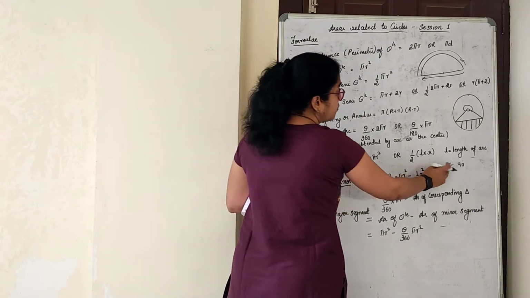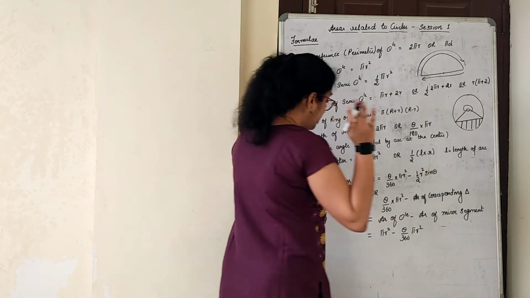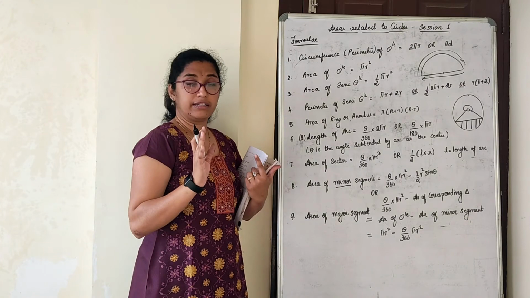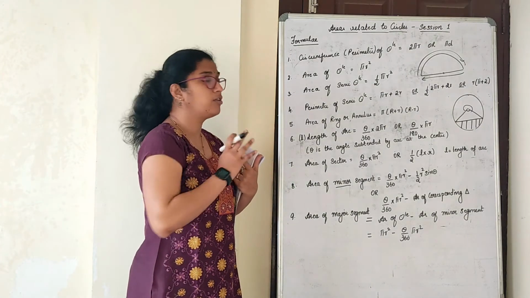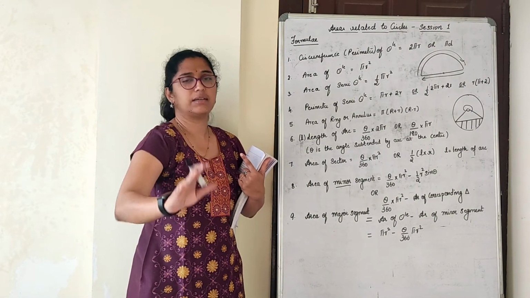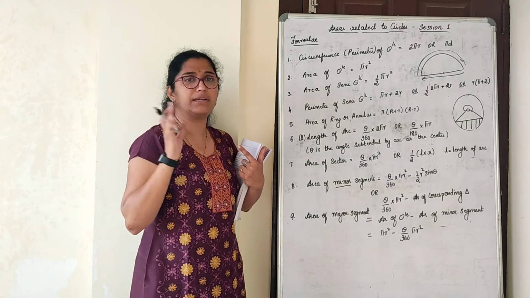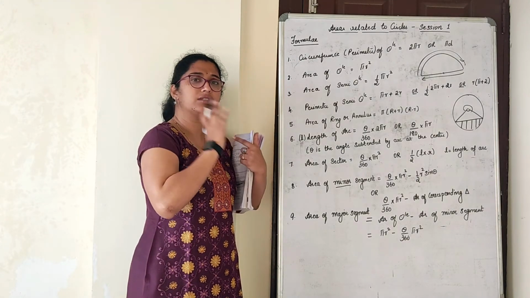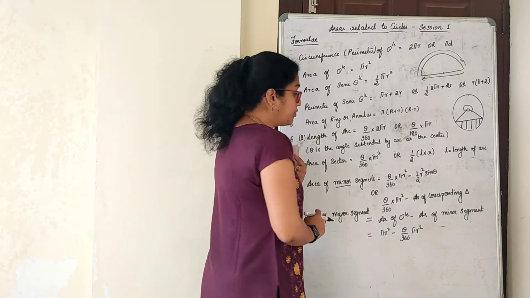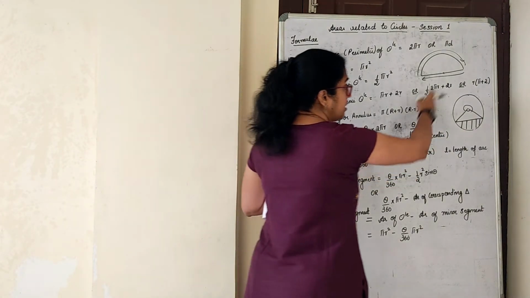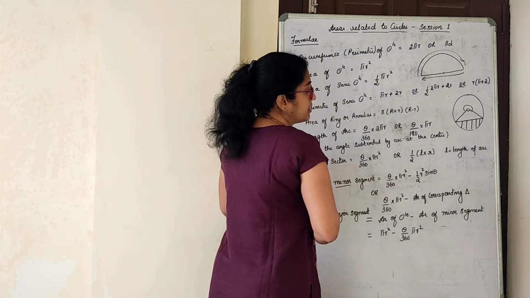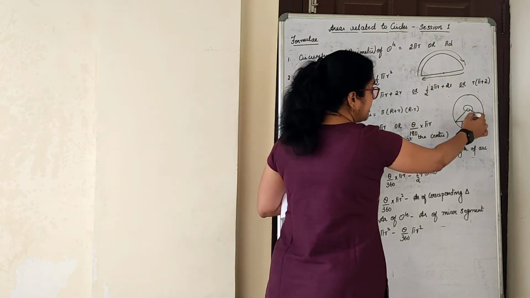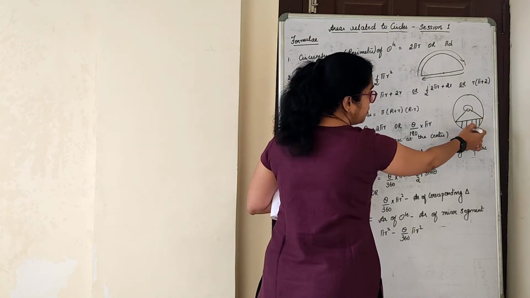What if I do not want to use trigonometric ratios? I don't want trigonometric ratios to be introduced, because I don't understand trigonometry. Some children will say, no, I don't want to use trigonometry. We want to stick to just the formula. At that point of time, what you can do here is look at the figure, what is given. You have to find the area of the segment. This part is to be found out.